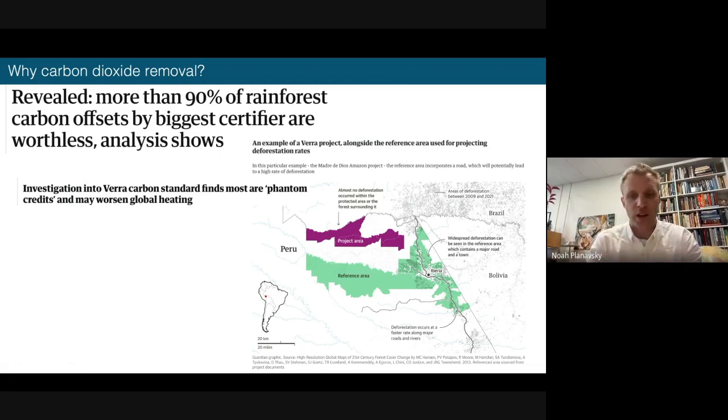There are multiple scenarios where you could highlight carbon dioxide removal projects that ended up providing very little climate benefit. Many of the most well-documented cases are in aspects dealing with organic carbon storage in natural environments. So one of the prefaces for why we're talking about carbon dioxide removal is that carbon dioxide removal